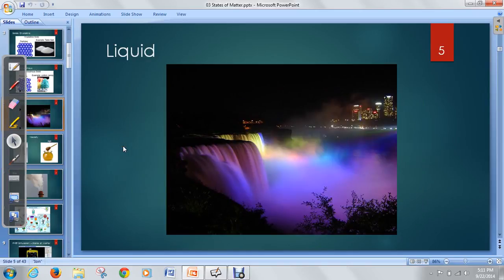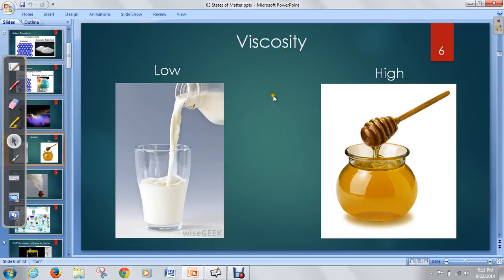They, again, don't hold their shape. They take the shape of the container, but they still hold their volume. But we can classify them into two groups, and that is high viscosity and low viscosity liquids. So high viscosity liquids resist flow. Viscosity means resistance to flow. So high viscosity liquids resist flow. They don't take the shape of their container very quickly. Things like honey, molasses, those things that flow very slow have high viscosity, whereas things like milk, water, juice have